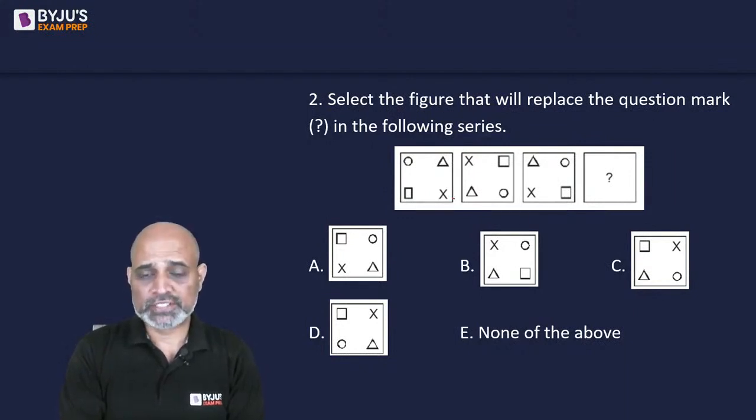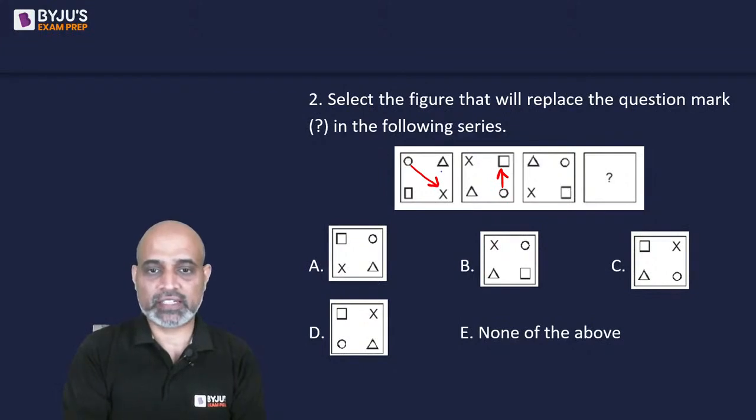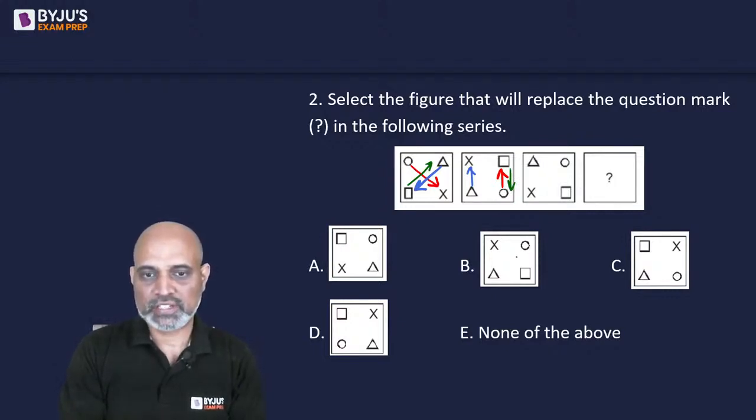There are different figures, right? So if I look at this circle, what happens? Circle goes across and then it moves anti-clockwise. If I look at the triangle, triangle goes across and then it goes clockwise. Weird. Square goes across and then it goes clockwise. And the multiplication